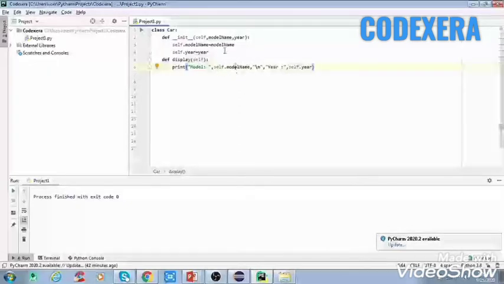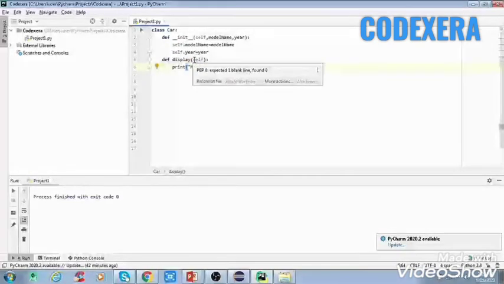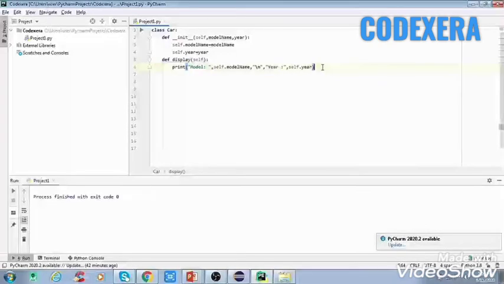Because for finding any output we have to use it; self comes automatically, and with the help of self we can call the attributes of the car, otherwise it will give an error. Later I will show you what happens when we remove self. In Python, a method is not unique to a class instance, and any object type can have methods.